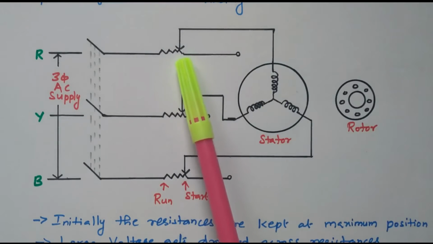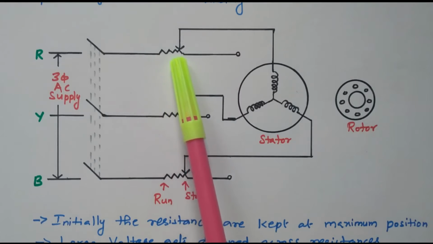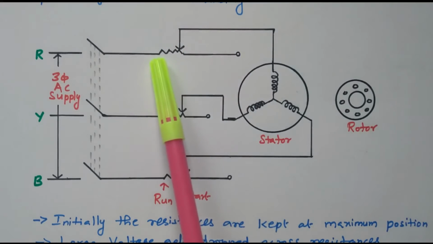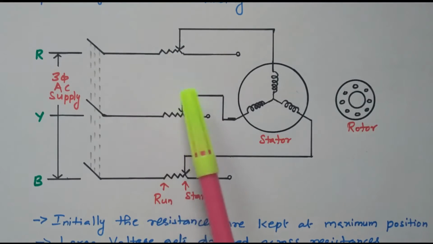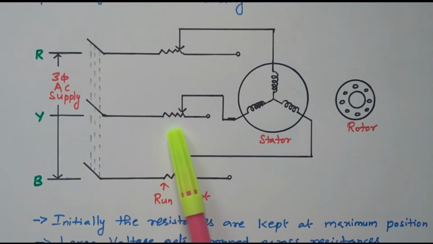So this is the maximum resistance position. That is, the voltage is fully dropped and the remaining voltage will be applied to the stator. If it is placed at the beginning, it is the minimum resistance position and the full voltage will be applied. So initially it is at the maximum resistance position and it is connected to the 3-phase AC supply through the switch. The stator is connected to the 3-phase AC supply by the switch and in series with the 3 sets